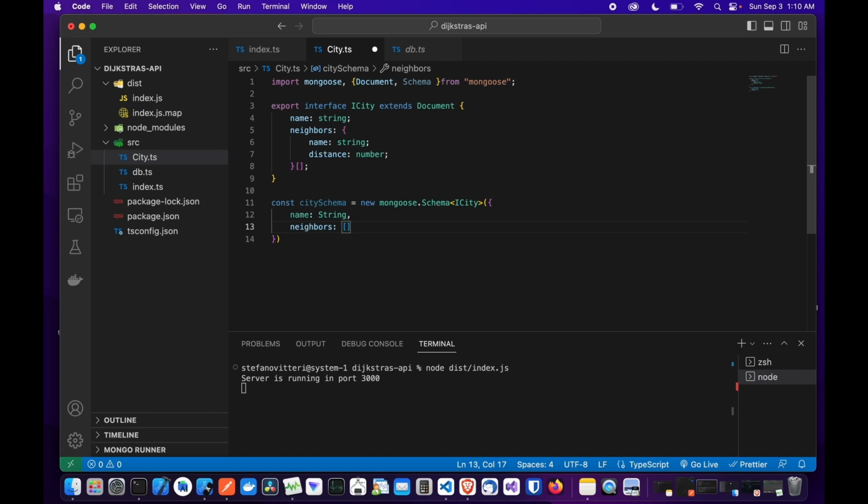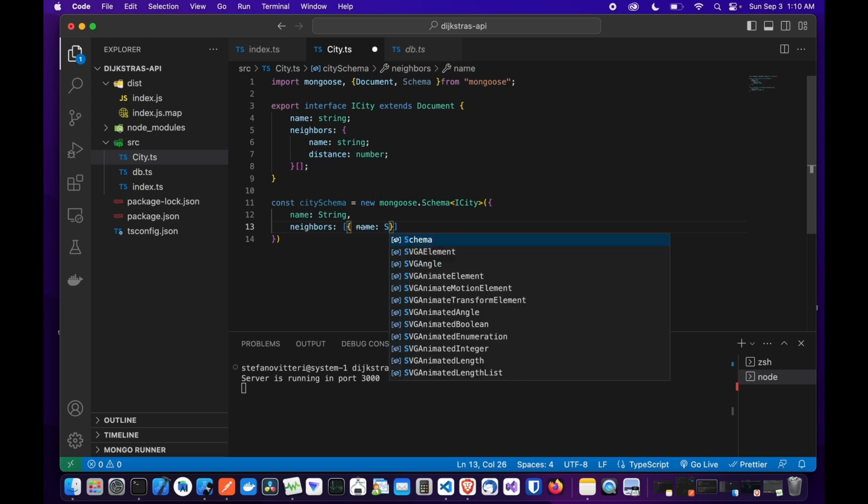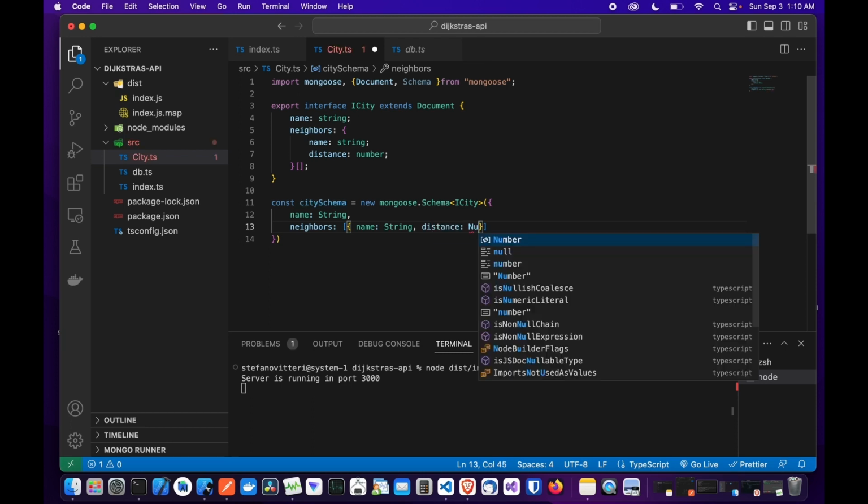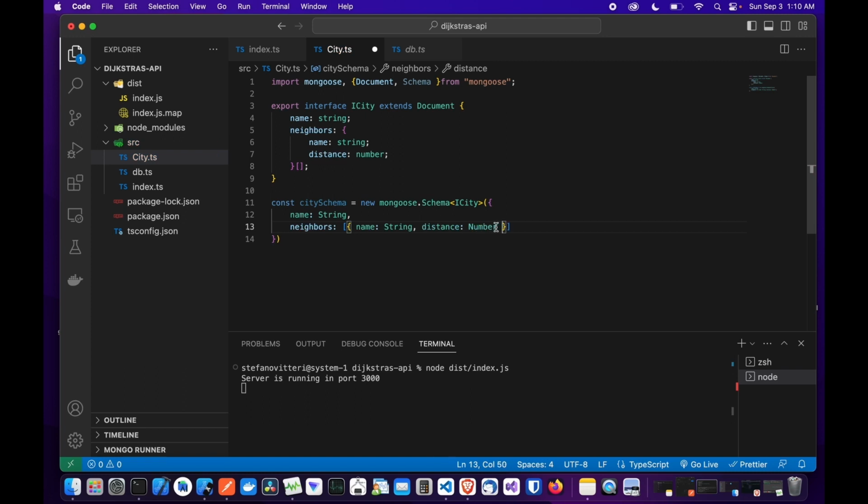So we're going to open the brackets. We're going to create an object inside, and here we're going to type a string, which is a name, and we also need the distance, which is going to be a number. All right, distance is right here. I think it's number, yes, it's with capitals. I'm going to put a comma here. I'm going to put a semicolon right here,